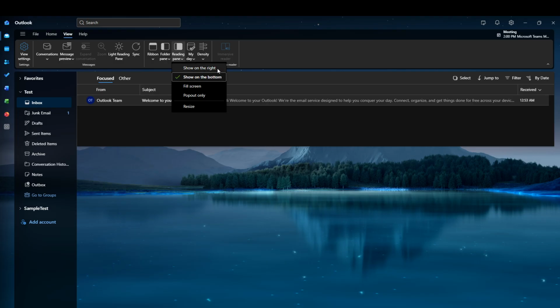Show on the bottom moves the preview underneath your message list. This can be more comfortable on smaller or narrower displays because it gives each email more horizontal room for long subject lines and reduces side-to-side scrolling. If you often read longer messages or work on a compact laptop layout, the bottom pane can feel more natural